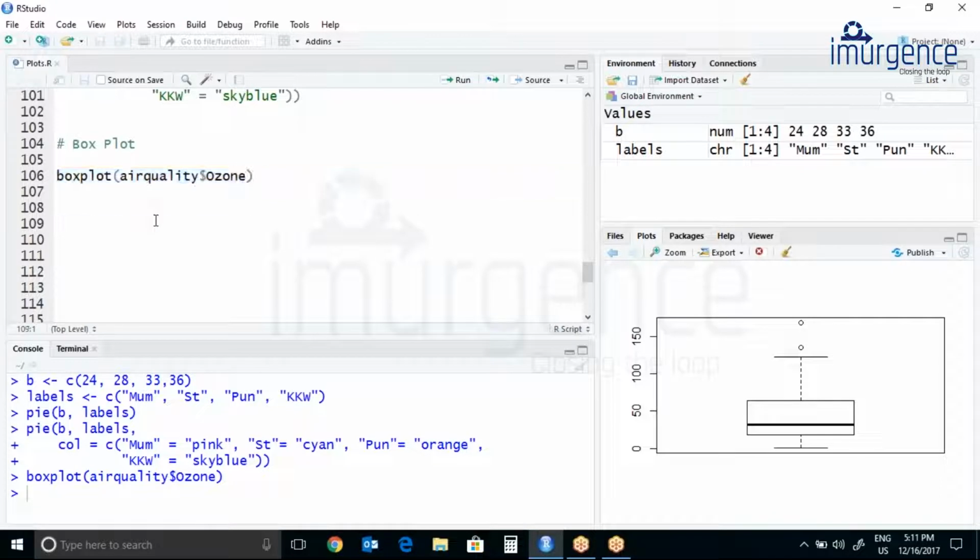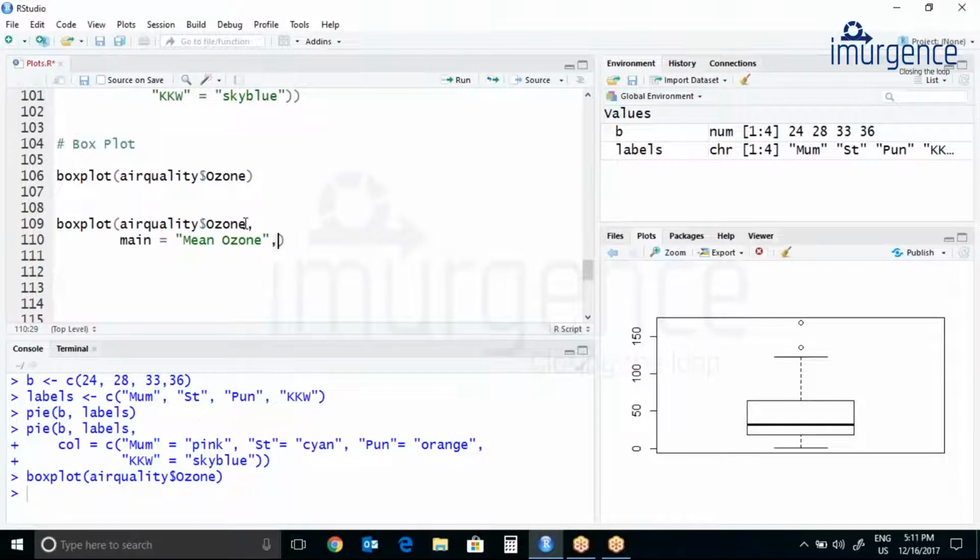If you want to add some extra parameters, you can also do that. Let's do this. Control C, Control V over here, put a comma, then let's add main equals to, let's add air quality mean ozone.